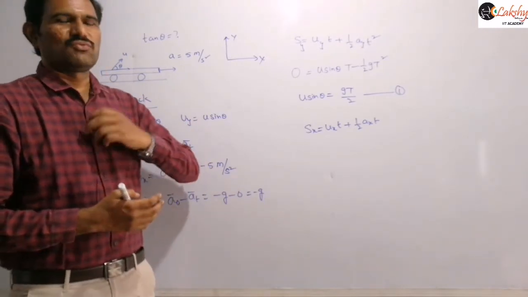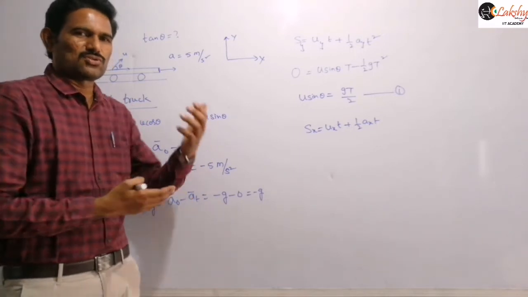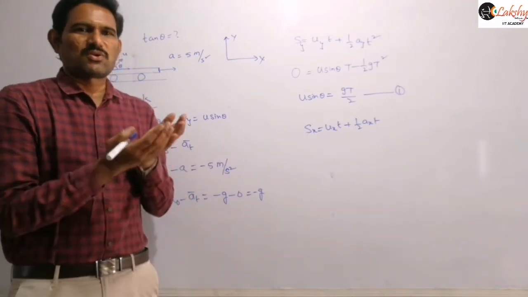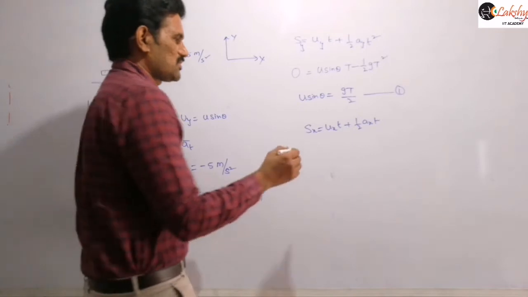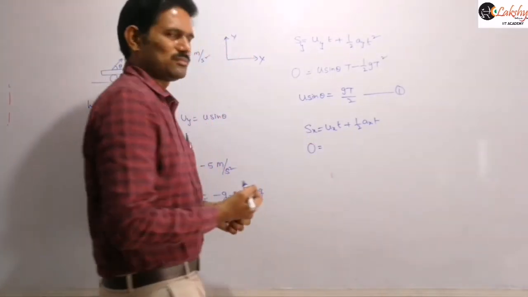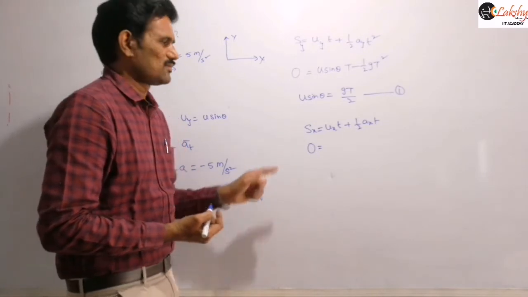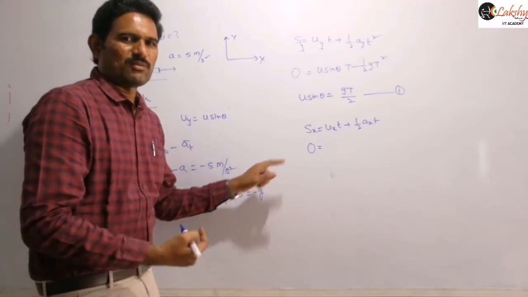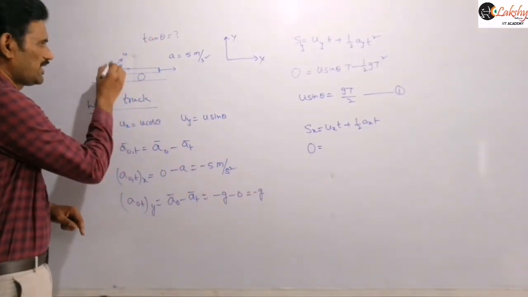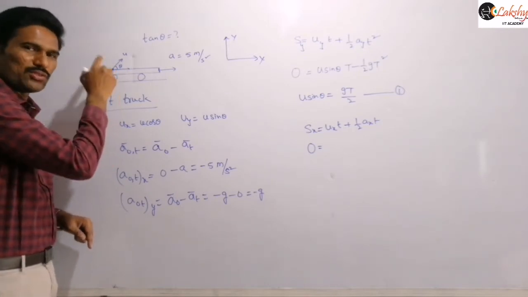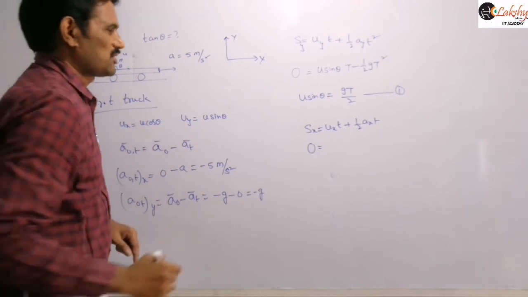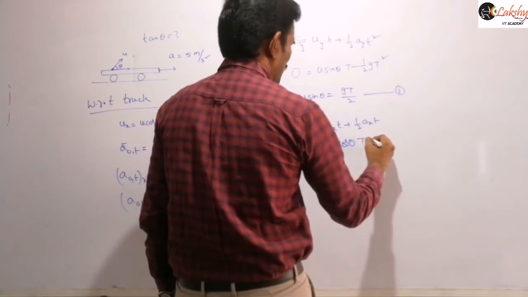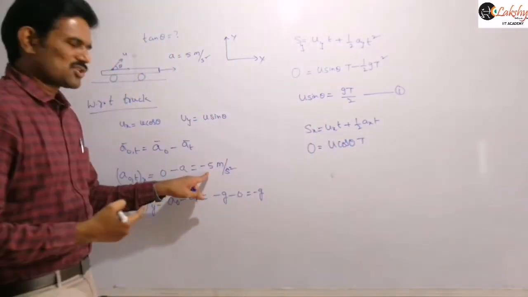And so, with respect to you, we are solving with respect to the truck only. So with respect to you, there is no vertical displacement for the object and there is no horizontal displacement also, because the object is again reaching your hand. And so this value is also 0. This is also important here. Got it? Why we are taking it as 0? Because the object is reaching the same point of projection here. If you are projecting from this point on the truck, again it is reaching the same point on the truck. We are solving totally with respect to the truck only. So the initial x component is u cos theta into t, and now the acceleration along x direction we already calculated here.